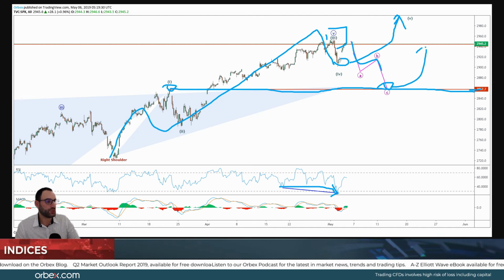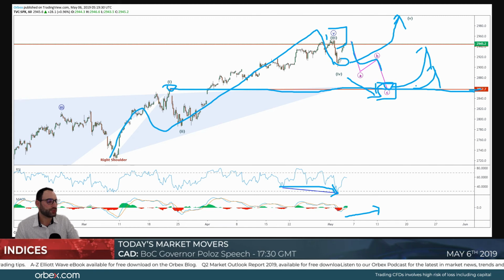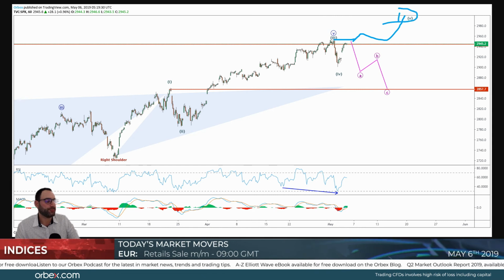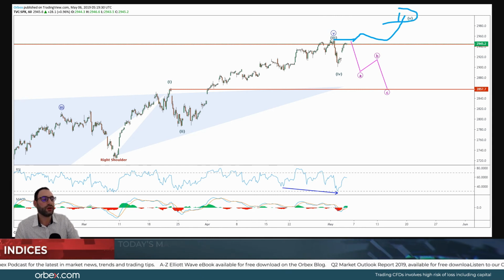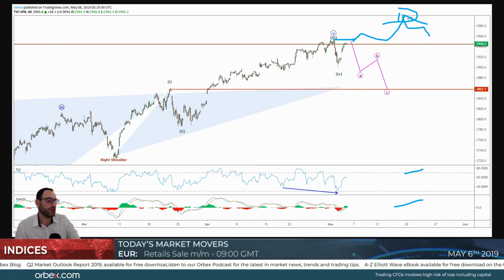If prices actually go back down there, in case they do, we're probably looking at receiving some more clues on the RSI and MACD, probably with the bullish hidden divergence over here, and then we're looking for bulls to step in. Now, of course, if that doesn't happen and we see prices crossing above this previous high, then we're looking at going higher to complete the fifth wave, and we're looking for prices to start slowly correcting, and the MACD and RSI to give us either a bearish divergence or bearish hidden divergence.